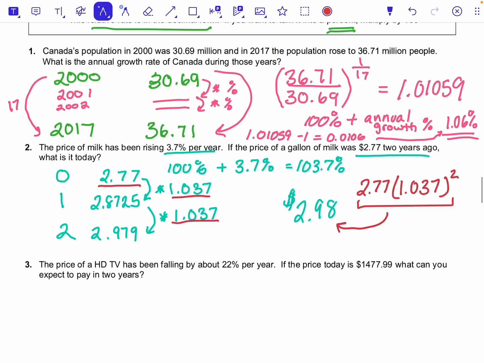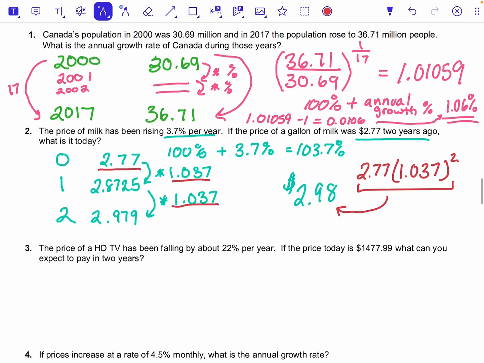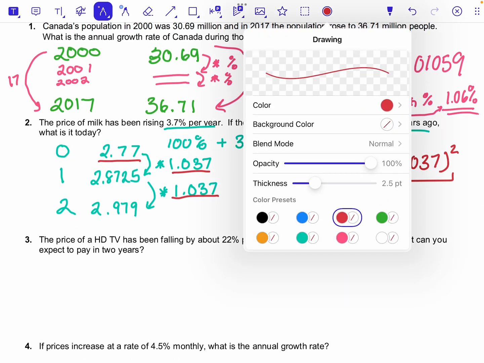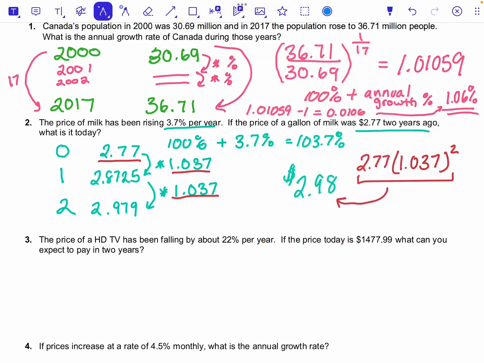All right, let's look at a slightly different one. So this time, instead of growing, our function is actually falling. We're decreasing by 22%. So let's talk about what that means. That means instead of adding that 22% each year, we're going to take the original 100%, but we're going to be minusing 22%. And so that factor that I'm going to be multiplying by every time is going to be the decimal equivalent of 78%,